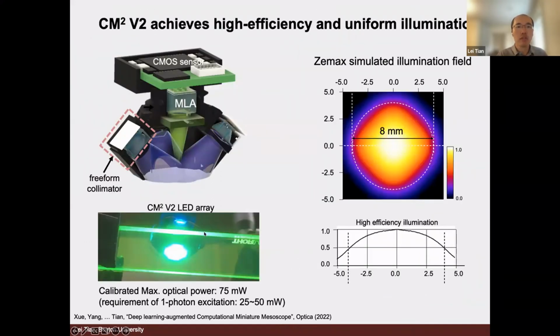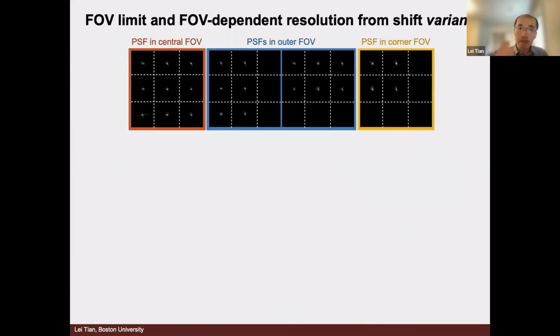If you look at the actual testing result, this is the real excitation light on a fluorescent test chart. You can see that we can illuminate an 8mm circular region with almost uniform excitation with this kind of design, again with very high efficiency. So that's on the illumination side, and also some cool, 3D printed low-cost solutions for this kind of application. Now on the imaging side, this is data I didn't show in the first part,